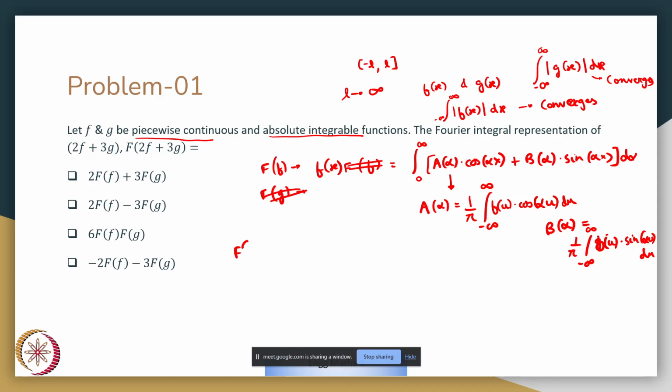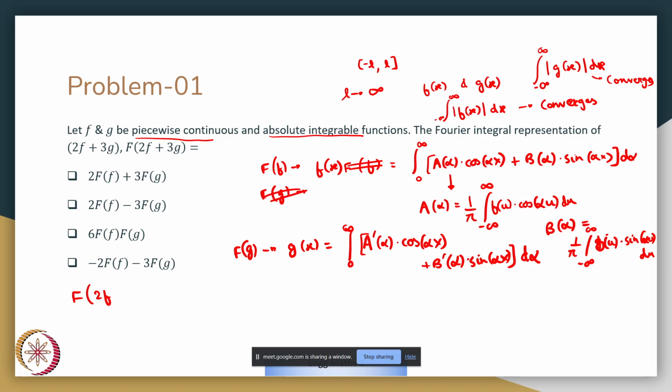Similarly, I can write the Fourier integral transform for g to be the integral of a dash of alpha cos of alpha x plus b dash of alpha sine of alpha x, all integrated with d alpha. So if we simply want to write it for the function 2f plus 3g,